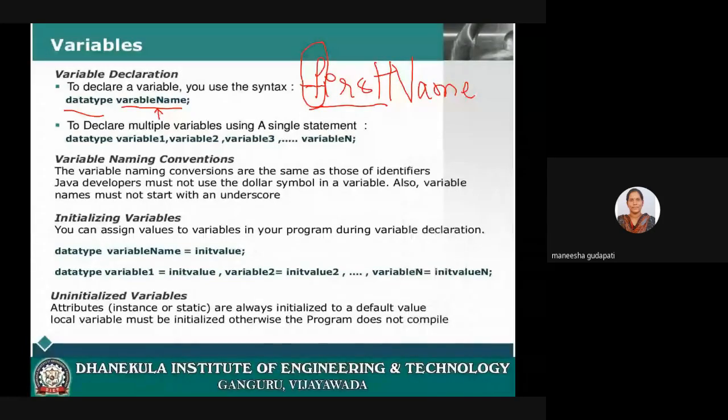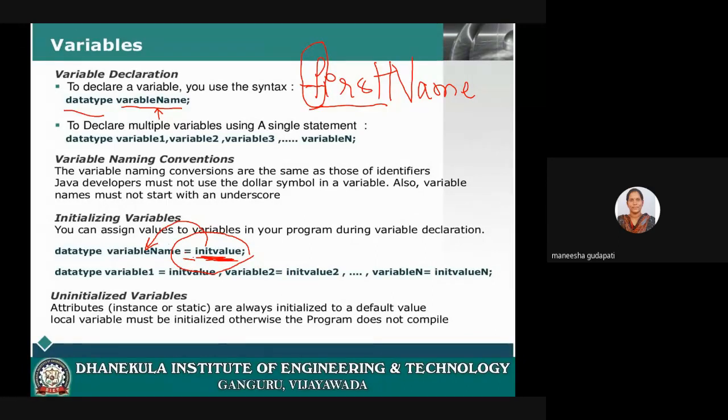Next, how to initialize a variable. While declaring, if you give an assignment value, that means equal to, and give an initial value, then this is called initialization. While declaring, if you are providing any value to the variable, then this value is called the initial value, and this way of declaring is called declaring with initialization.